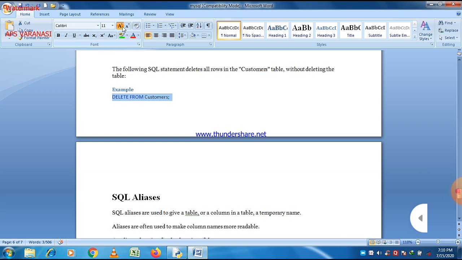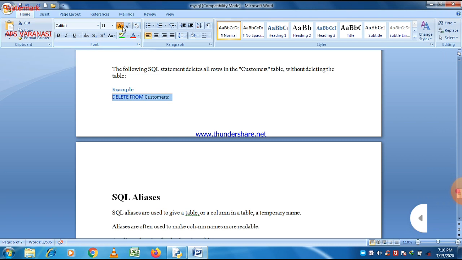Now there is one question which is raised in my mind: what is the difference between delete and the alter structure command with drop column? Basically, when you drop a column in a table structure, that column will be dropped, and there is no more column name there.